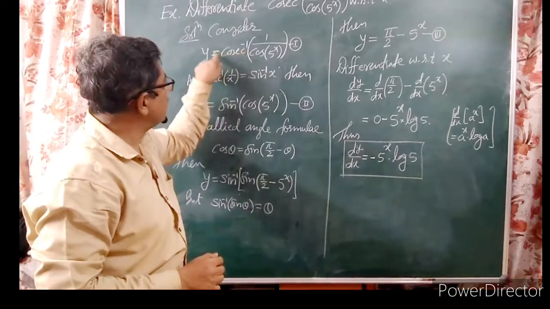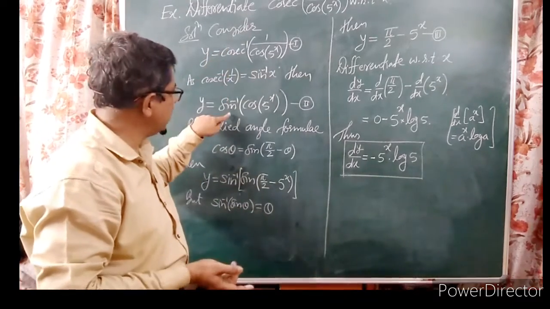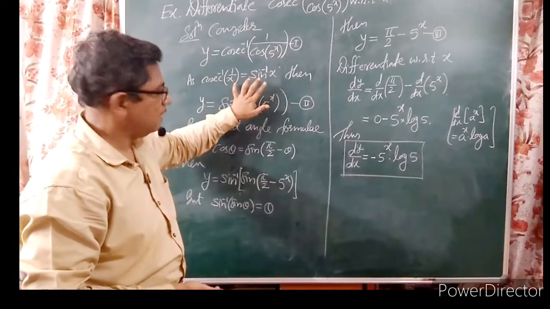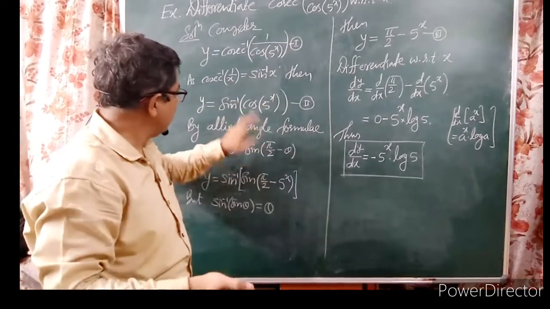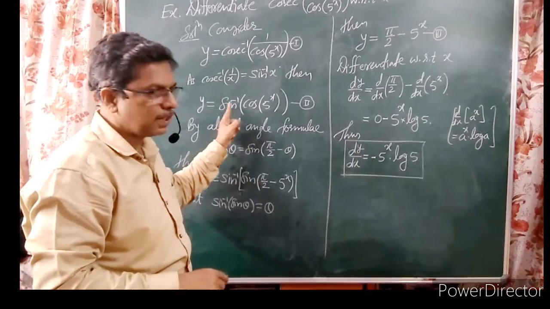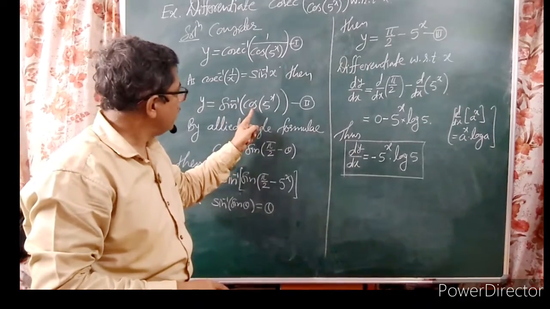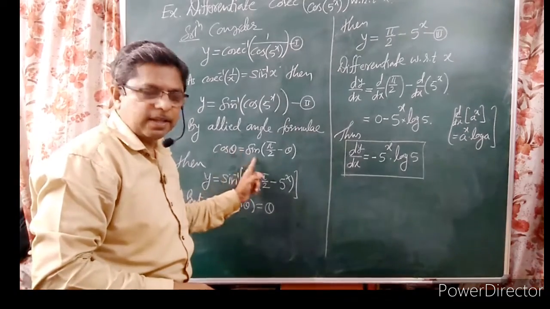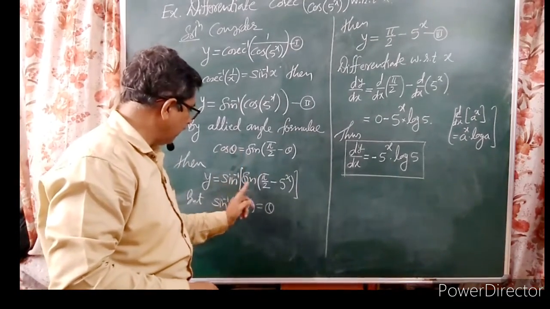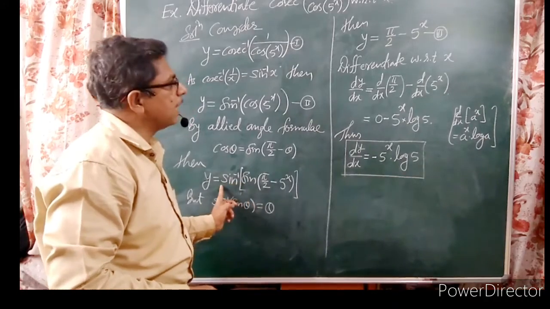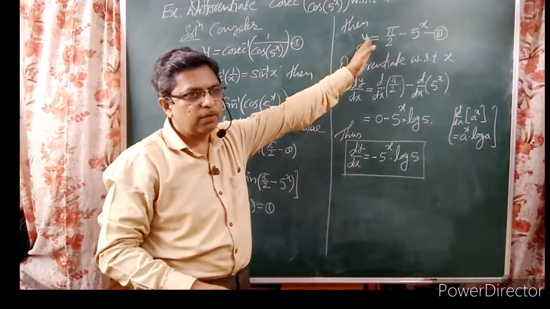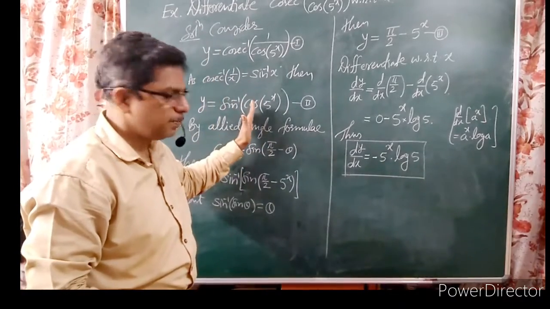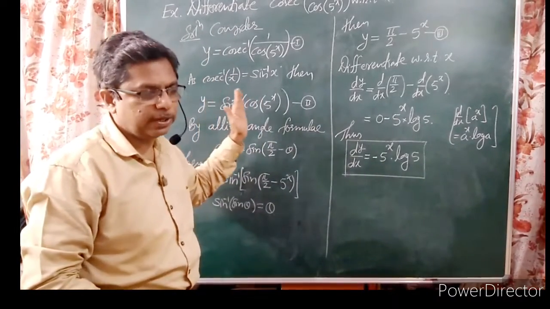Okay, so just see what we have done. We have first converted cosec inverse into sine inverse, using the formula of reciprocal. Second, as we have sine inverse outside and cos inside, we have converted cos to sine using the allied angle formulae, and then we have cancelled sine inverse and sine, so that we got the simplified form, and then we have differentiated. So if we have sine inverse outside, sine must be adjusted. If we have cos inverse outside, you have to adjust cos.